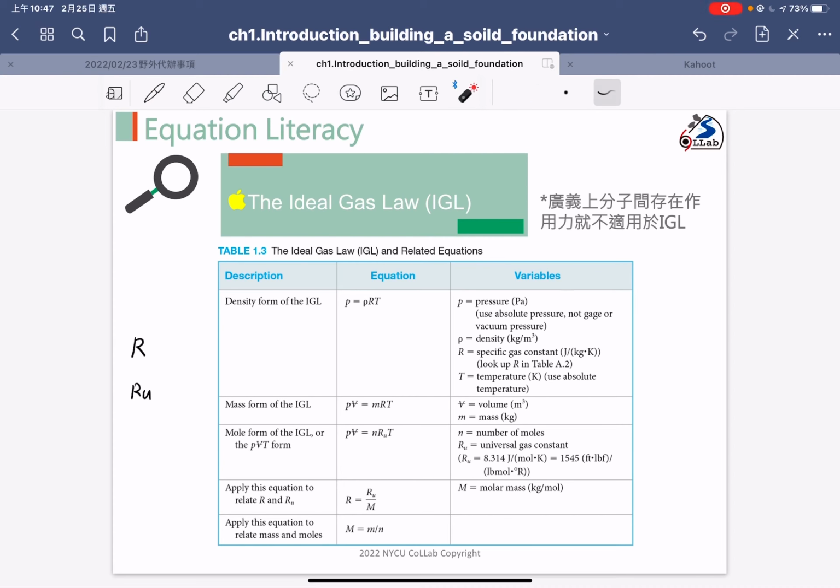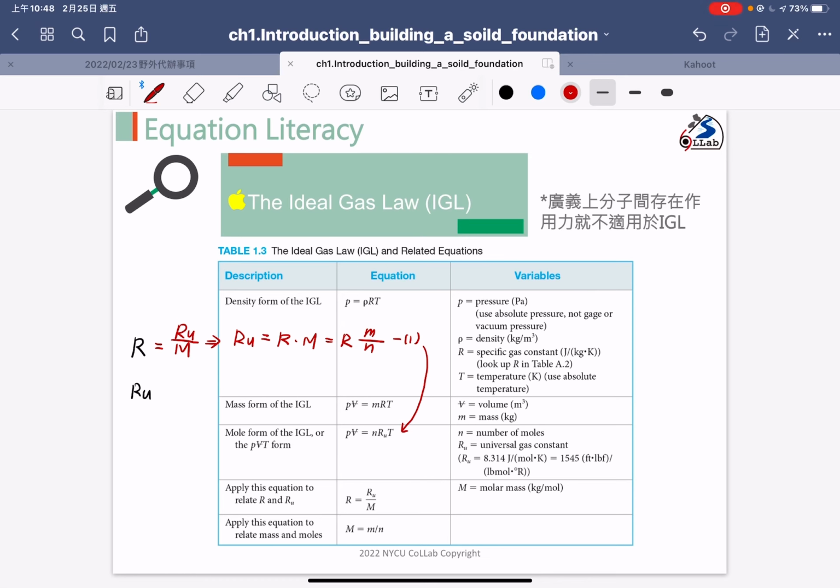Okay, and as we know, I just reorganize the equation. So the universal gas constant should be equal to the specific gas constant multiplied by the molar mass. And then the molar mass is equal to the mass divided by the moles, right? If this is our equation 1, if you put equation 1 to here,